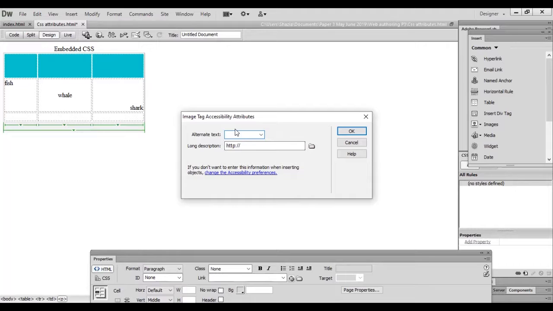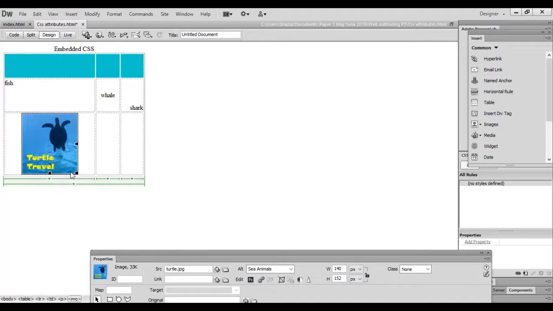So my text is animals. Insert and see, you can even resize it by dragging and control the aspect ratio.